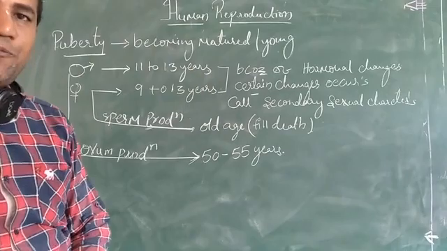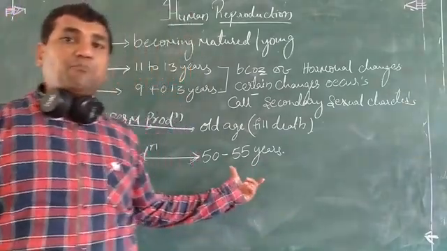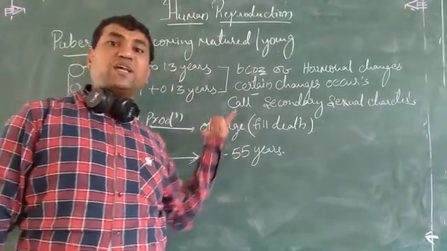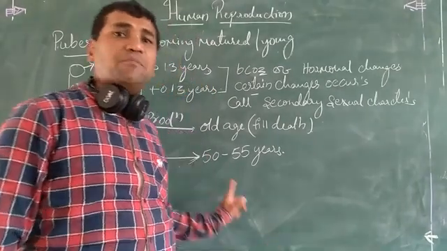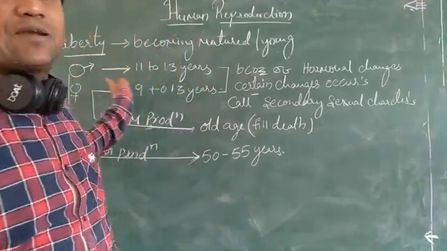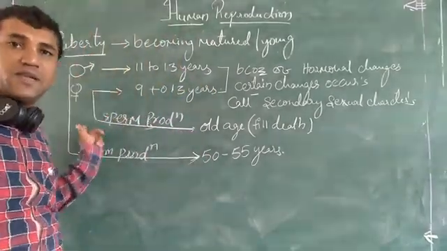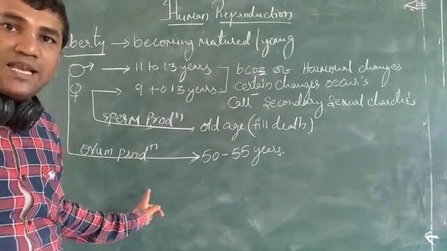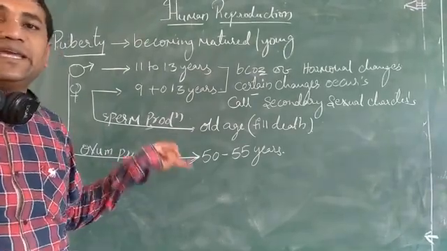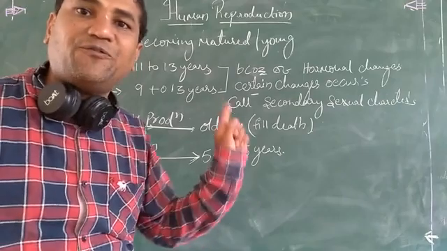In the case of males, sperm production takes place up to the death of the organism, but in the case of the female reproductive system after puberty, it may stop between the age of 50 to 55 years,